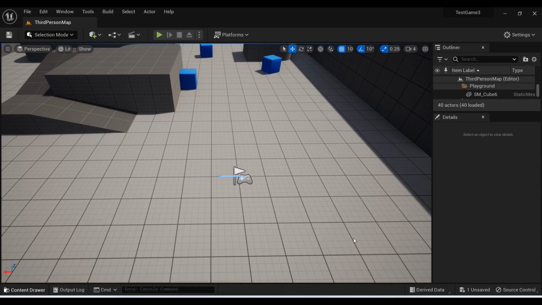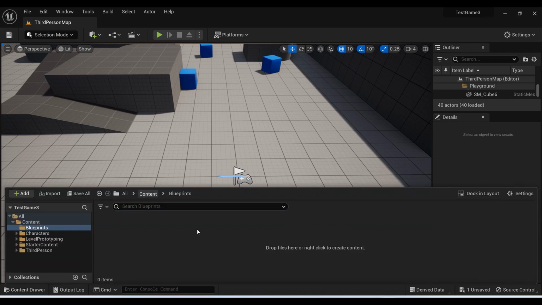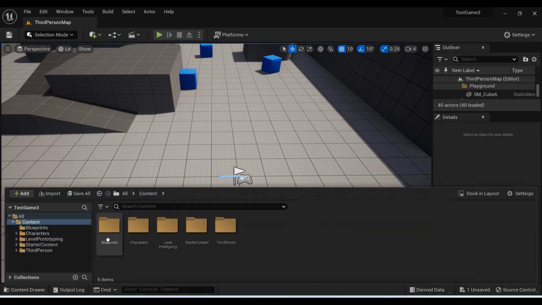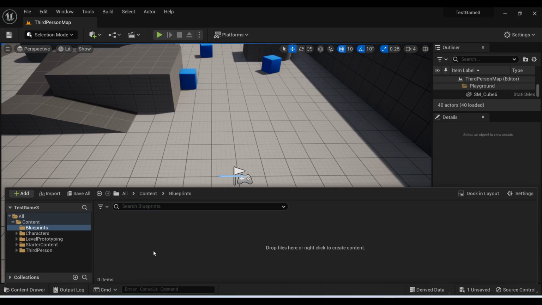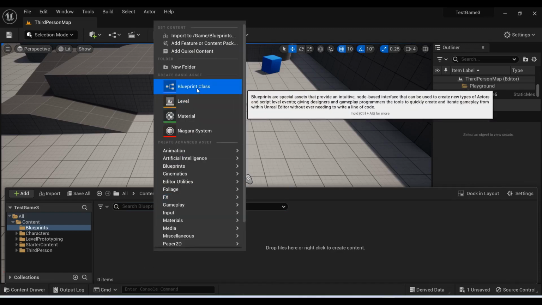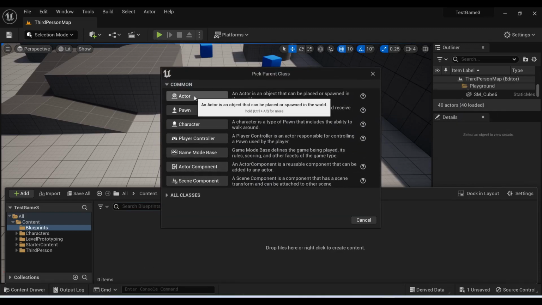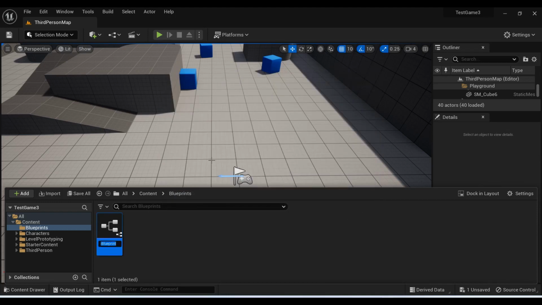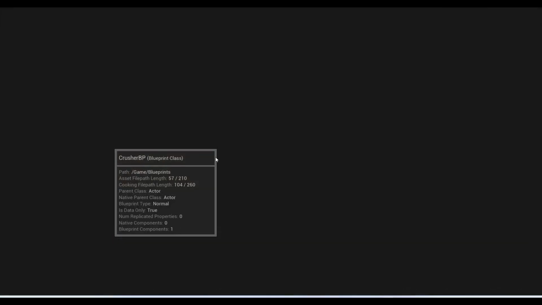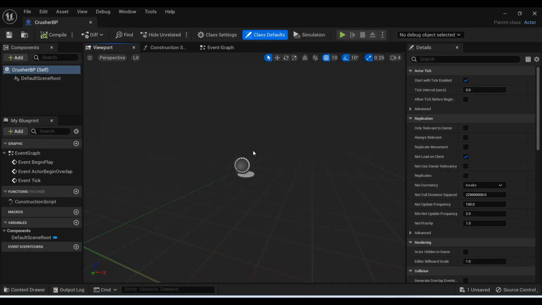First of all, as you know, I just create the blueprints folder, right click, and create a blueprint class, an actor class. Let's name it Crusher, whatever you would name it. Crusher BP stands for blueprint. So save it, open this blueprint, and from here just add a